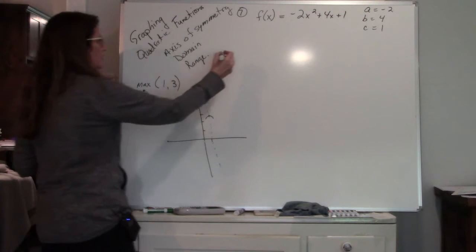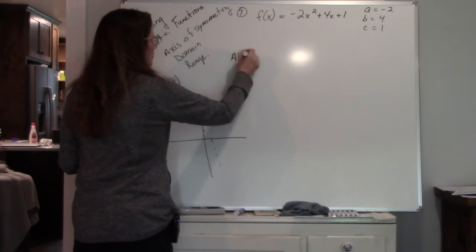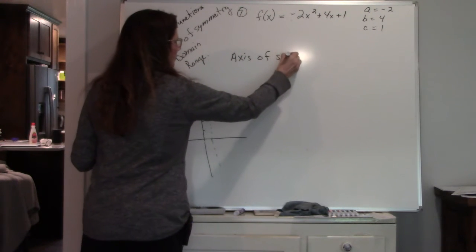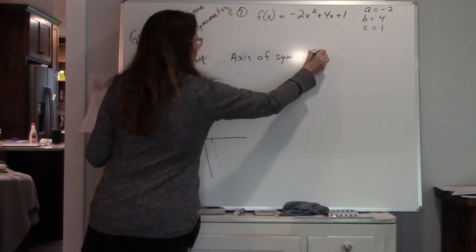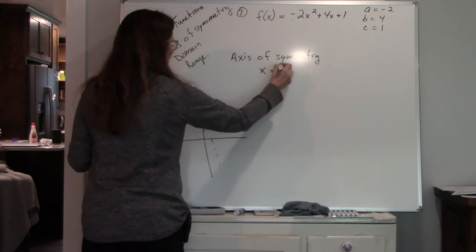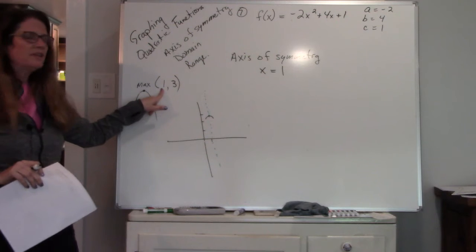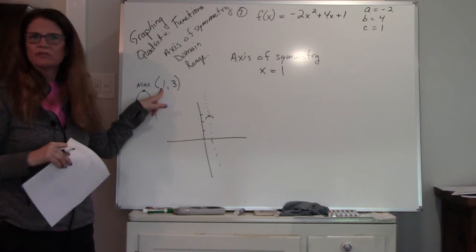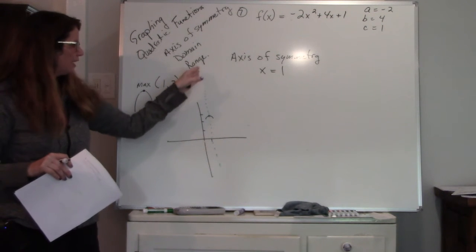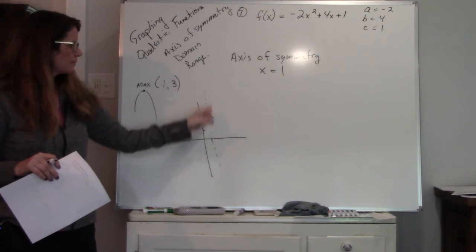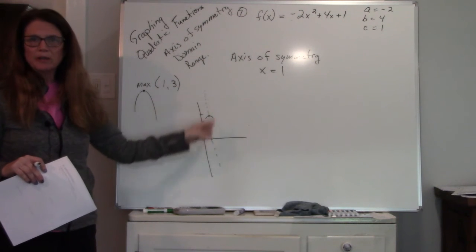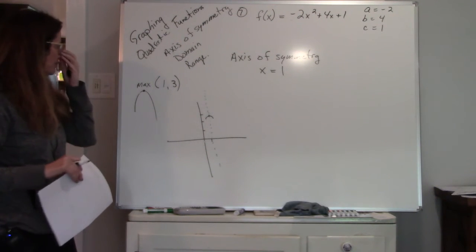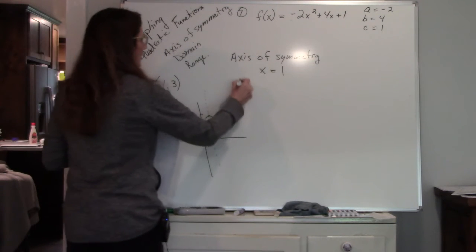So the axis of symmetry is at x equals 1. It's always the x value of your vertex. Very easy, very simple, because that axis of symmetry is what creates that mirror image of the parabola. All right? Your domain is,